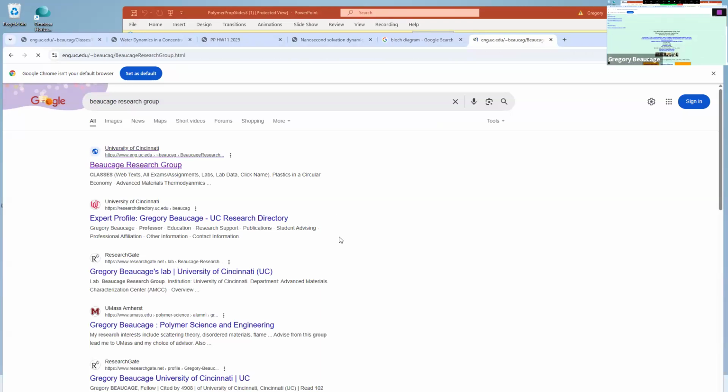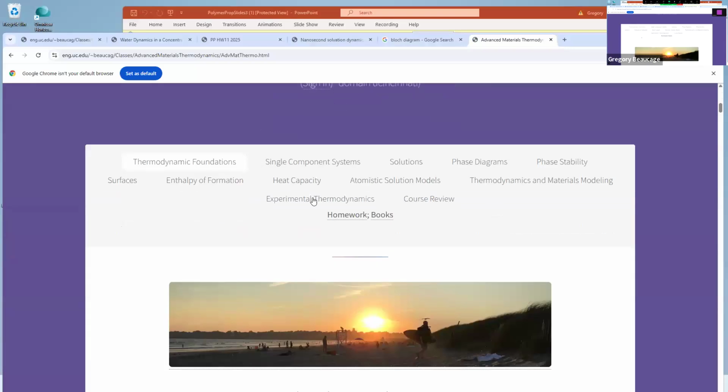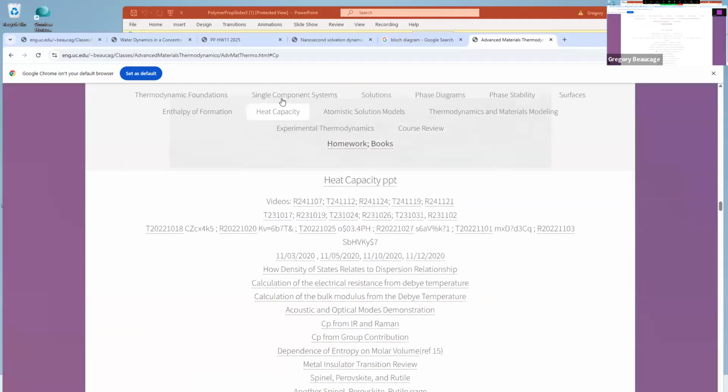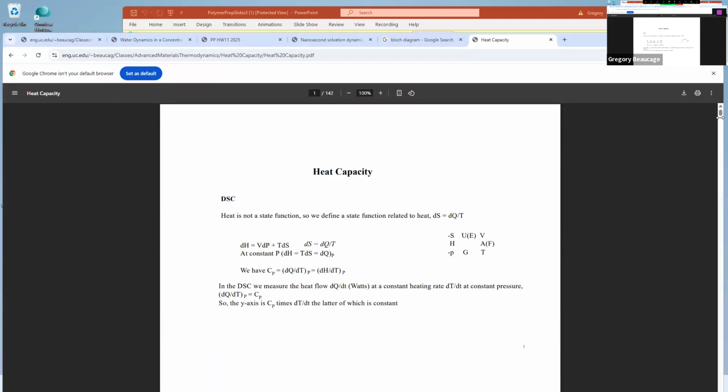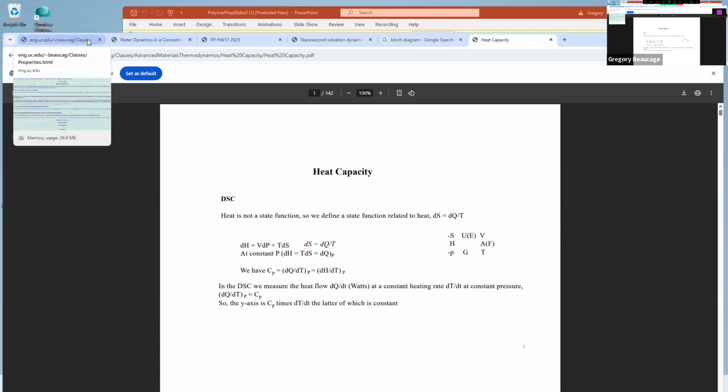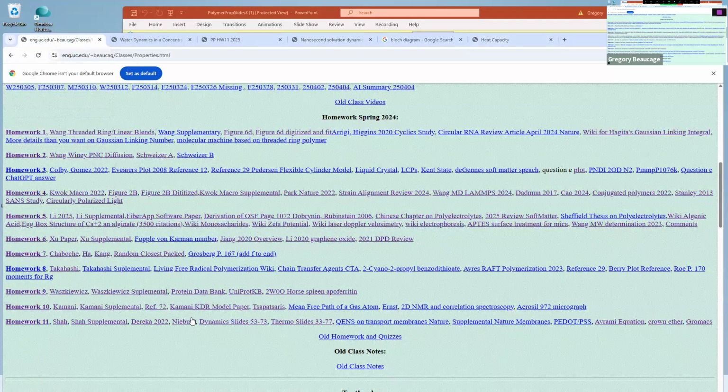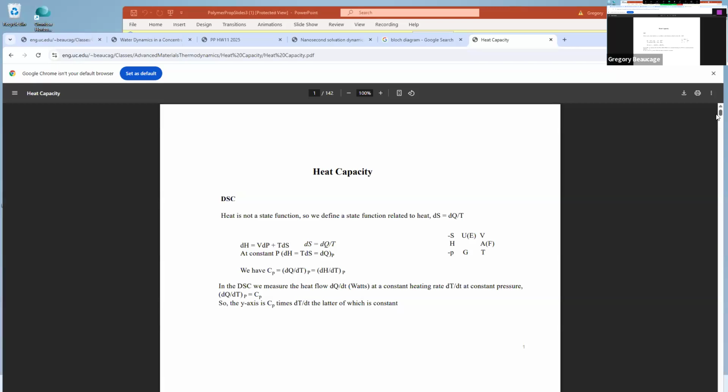Anyway, somehow we got back to this thermo class, but basically it's all in this heat capacity thing. And there are books that go with this too in here, but let's see, that's PowerPoint. This is the thing I want. And then, oh, don't I say where to look? Say something here. Homework, and it's like thermo 33 to 7. It's a pretty broad range, but